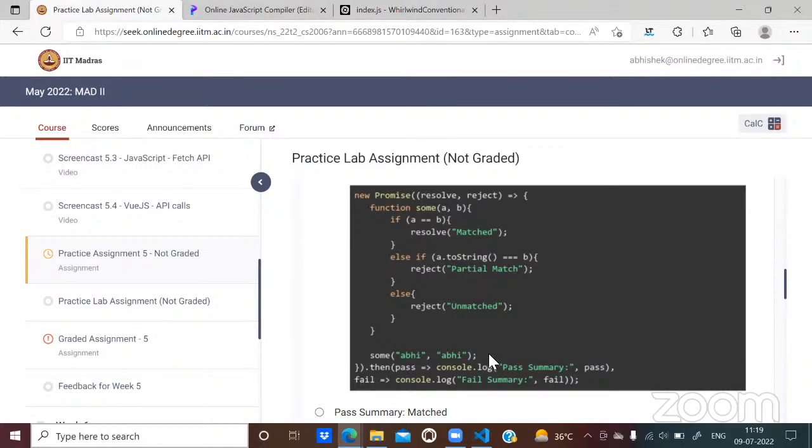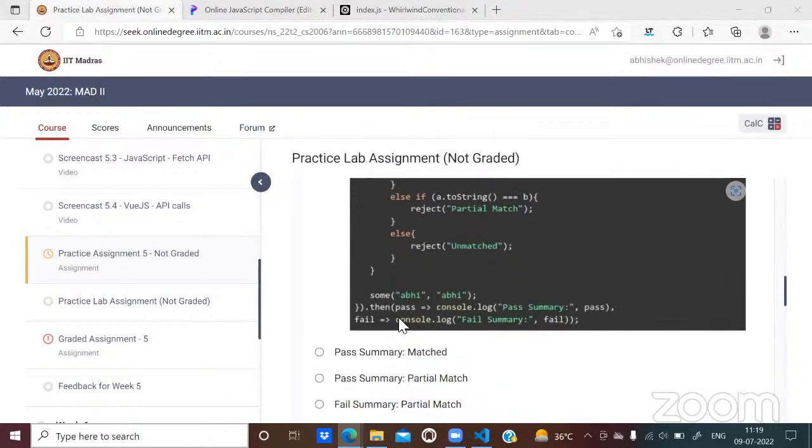If it is rejected, then this next handler, that is this fail, can take care of that. Remember, we are passing two functions here. One is this pass, there is a comma here, and then the next is fail. So the first function is going to take care of the fulfillment. The second function is going to take care of the rejection. But if this promise results in an error, then there is nothing to take care of it here.